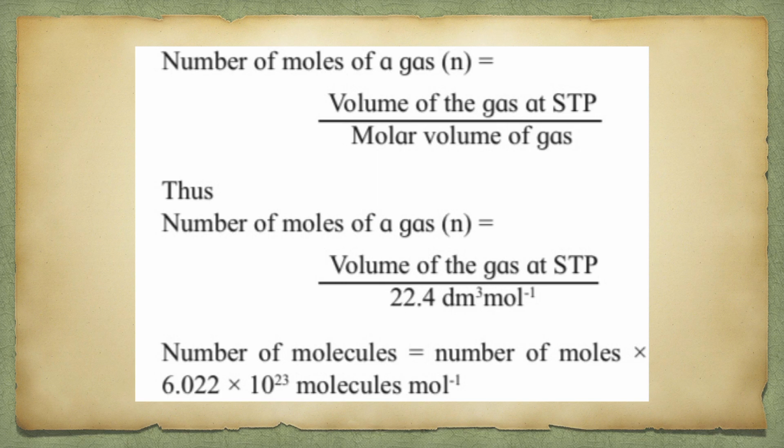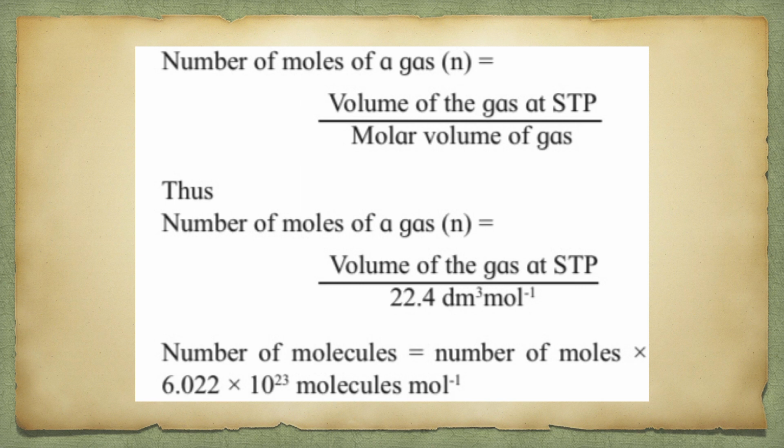That also you should understand. Instead of gas you are going to talk about the weight over there, so molar mass will come over there. And the last one, number of molecules is equal to small n multiplied by the Avogadro's number. So it will be number of moles multiplied by 6.022 into 10 raised to 23 molecules per mole. So hopefully you understood this. Please do learn these formulas nicely. Sums will be asked based on these formulas.